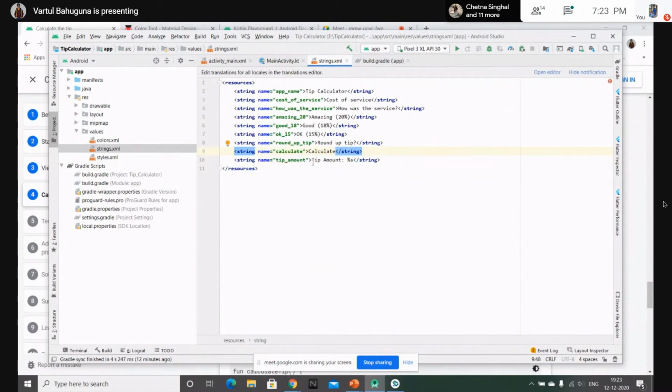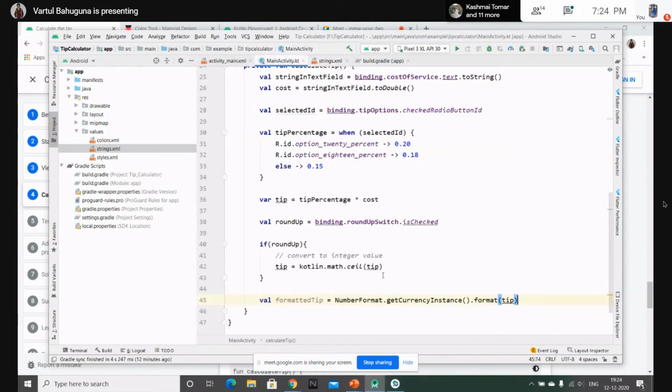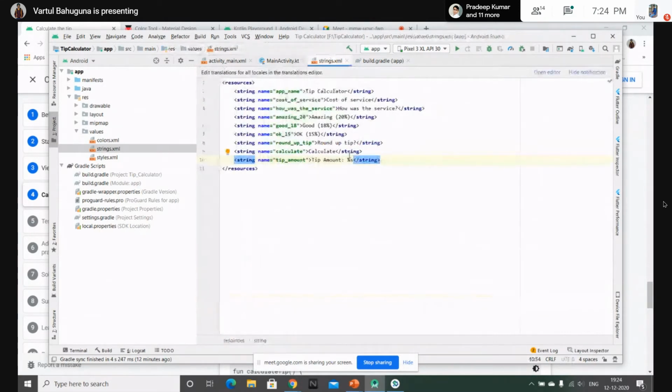So what this code is saying is that the tip amount should display somewhat like this: tip amount, then percent s. Now the value of this percent s will be provided by us from here, the formatted tip. So that's why rather than writing the value that we don't know, we are just putting percent s.